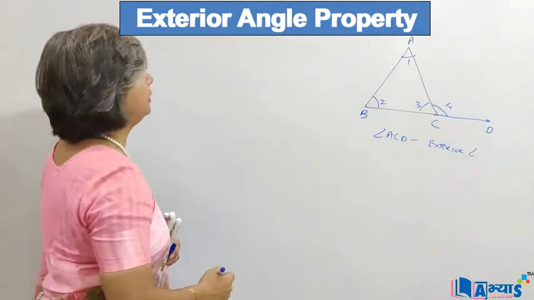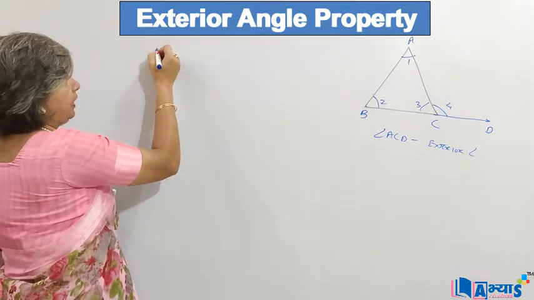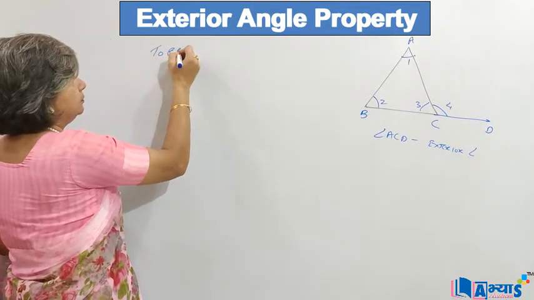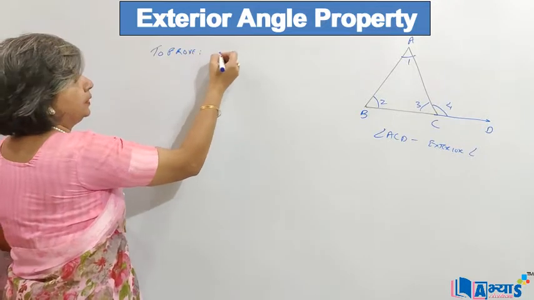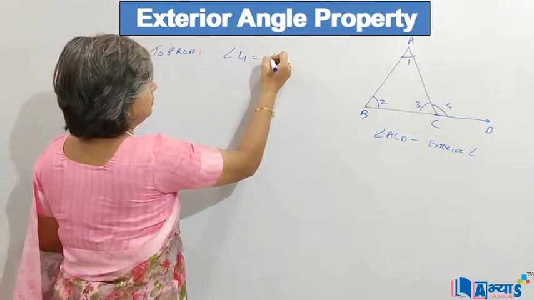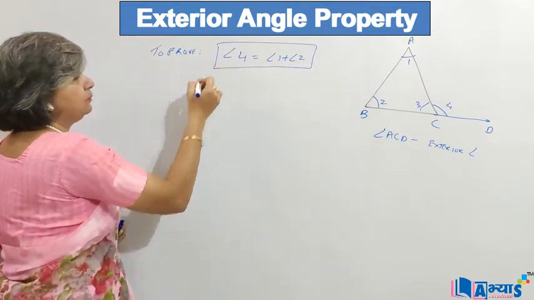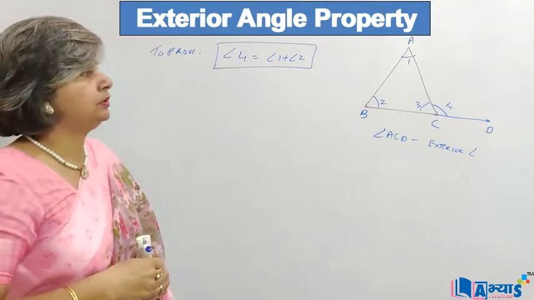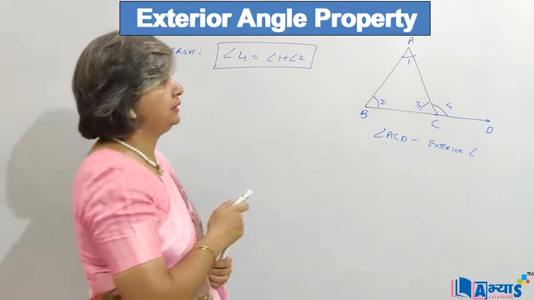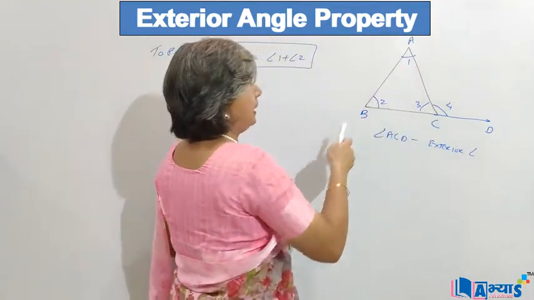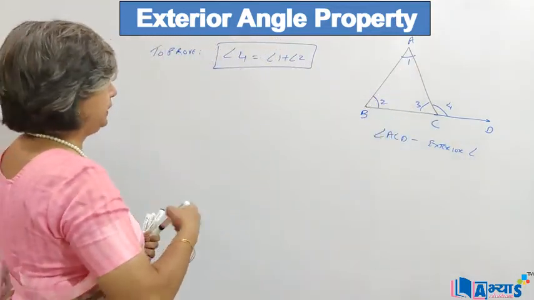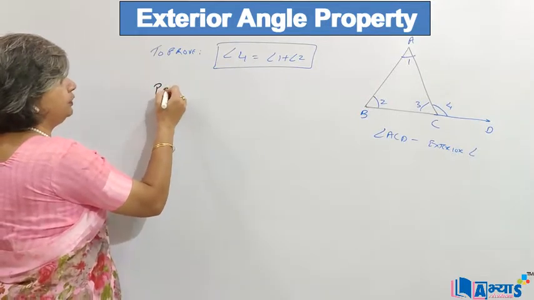So for the exterior angle, we have to prove that angle 4 is equal to angle 1 plus angle 2. That means the exterior angle is equal to the sum of the interior opposite angles. Now angle 4 is equal to angle 1 plus angle 2. So to prove it, the proof will follow as,